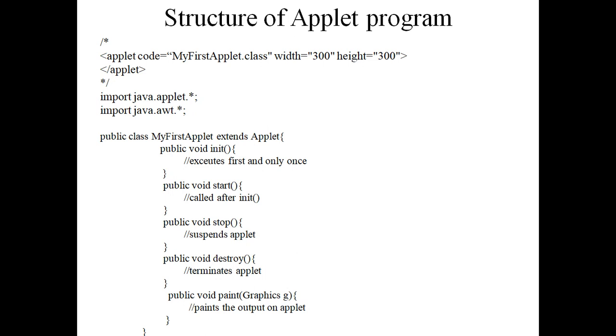Now the width and the height of the browser are also mentioned in pixels. Width is equal to 300, height is equal to 300, which means that the output will be shown in a web browser which has a width of 300 pixels and height of 300 pixels. Now the applet code is then closed. Now the entire HTML code is commented using a